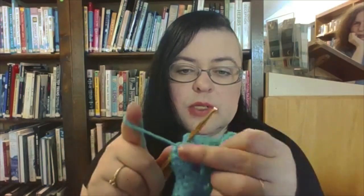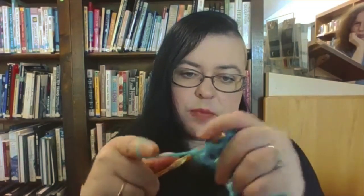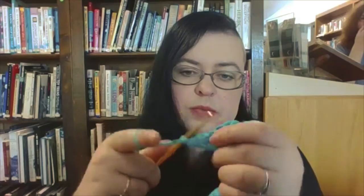Now we are going to chain 1 and work in our last corner of this row. So we're going to do a cluster of 3. 1, 2, 3, chain 2, 1, 2, pop another cluster of 3,